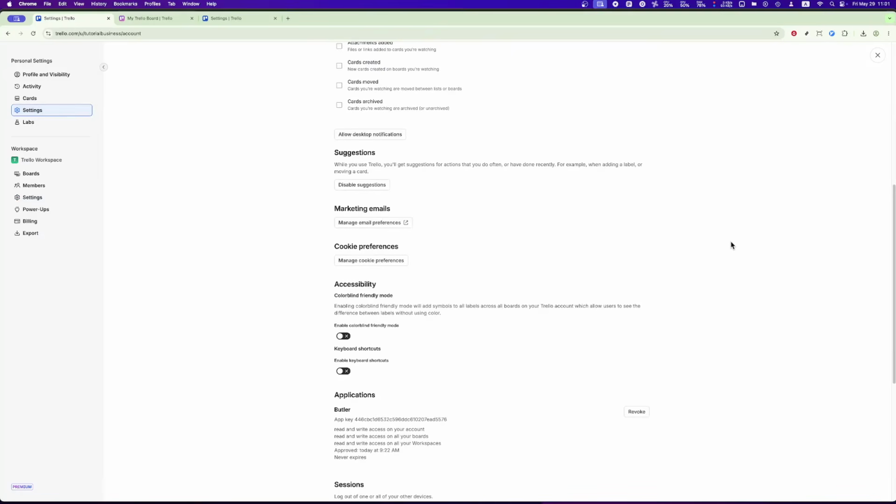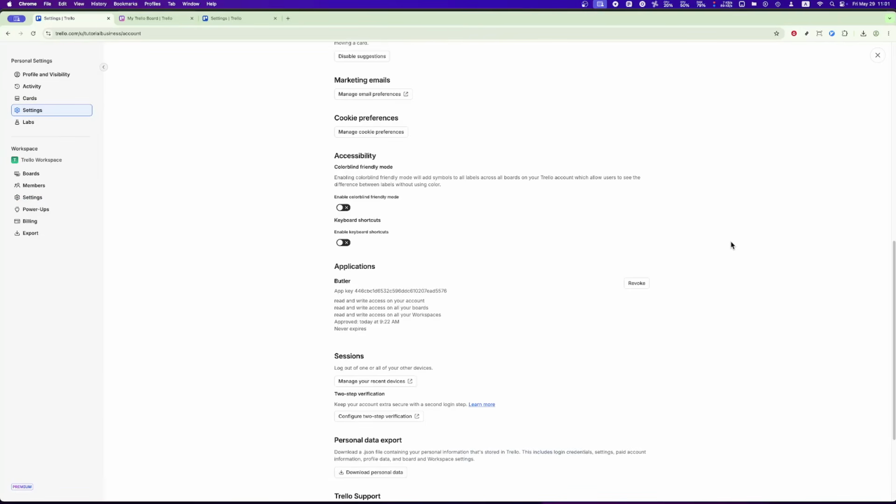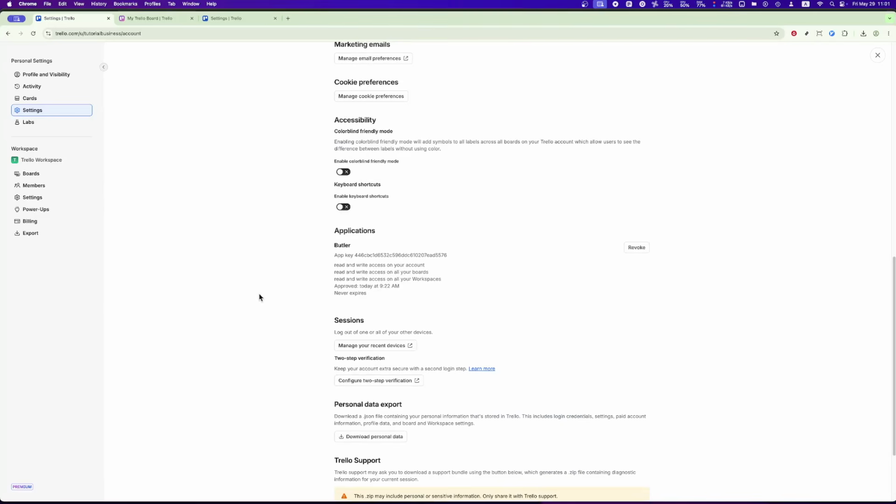Now, scroll down until you find the Application section. This is where Trello lists all the apps that currently have access to your account. Carefully review the list of applications to identify the one you want to revoke access for. Once you've found the app you'd like to remove, look for the Revoke button next to its name and click